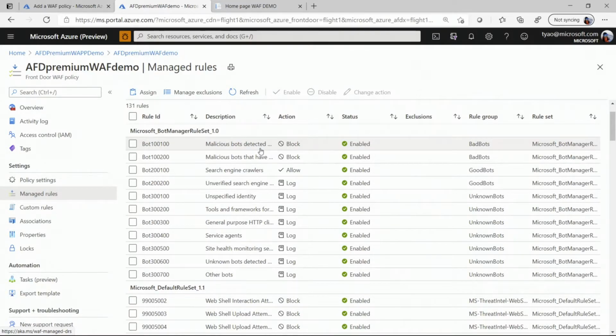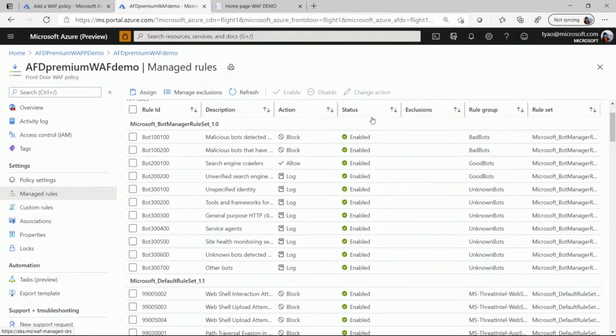We also have the category that is the search engine. You actually want to allow those requests to come through because it helps you increase your ranking. So for those bots, we actually allow the traffic to go through. And then we have a pretty big category of requests that we know are automated, but their intent is not determined. So here you have the option to log this request for further analysis.